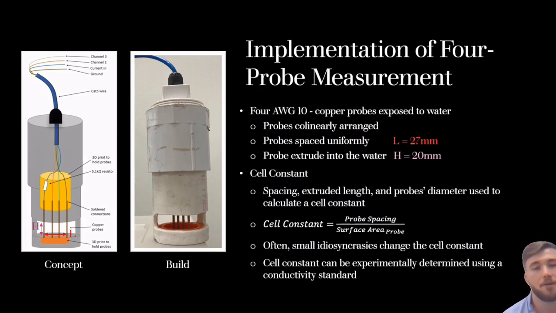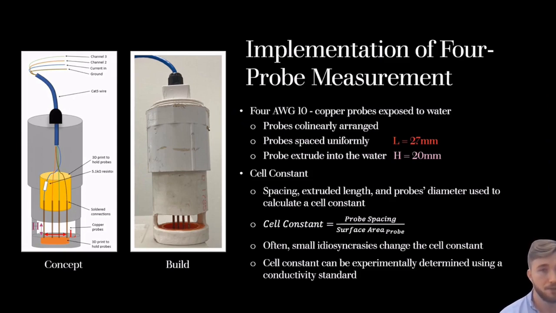More importantly, one can calculate the cell constant by taking the probe spacing L and dividing that by the surface area of the probe, where the probe is nearly the surface area of a cylinder minus the 2 circular ends. So the probe spacing divided by the surface area of one probe will give you the cell constant, which can be used to drive calculations for salinity. However, cell constants can more accurately and more reliably be determined by experimental methods, where you would use a conductivity